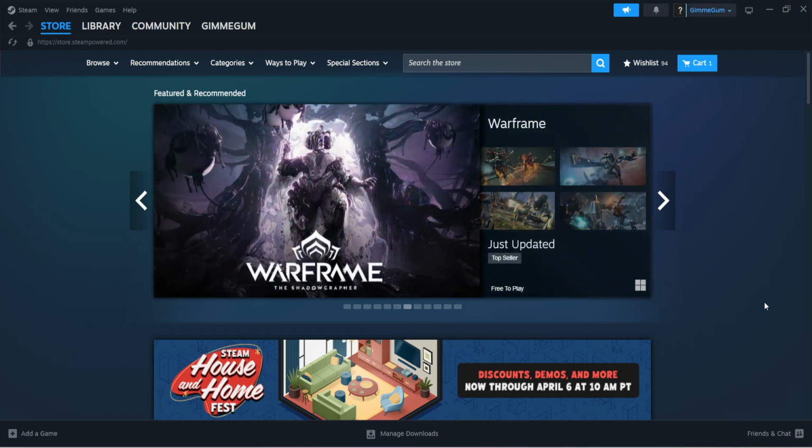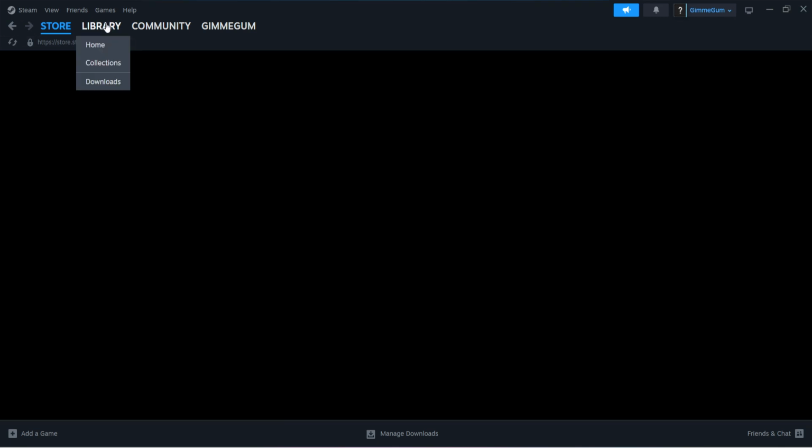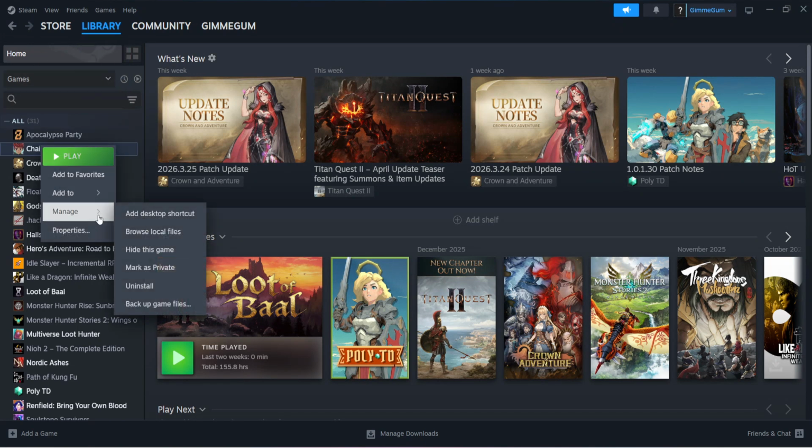Start on the computer that currently has your game installed. Make sure Steam is open and the game you want to move is fully closed. From the Steam window, go to Library to see your list of games. Find the game you want to move, then right-click it to open its context menu. Hover over Manage and choose Backup